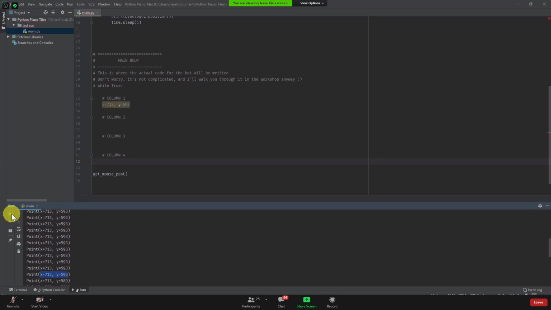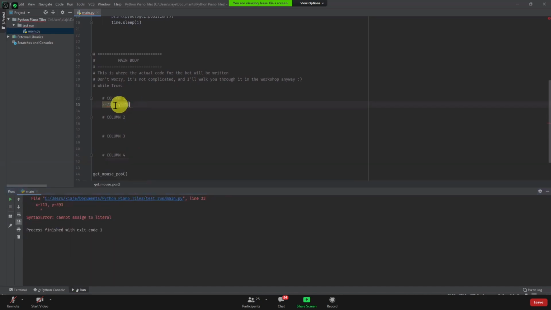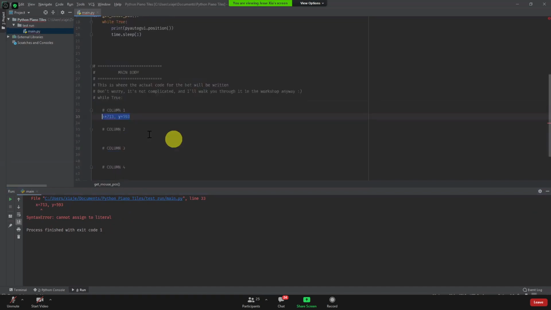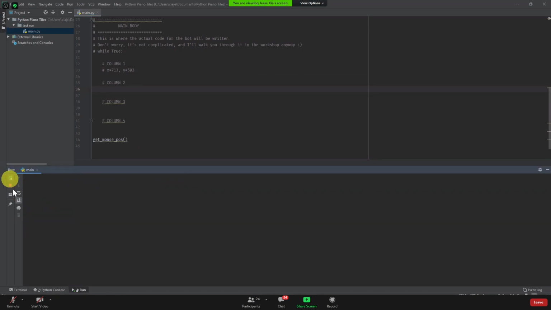So we're going to start running the program right now. And sorry, we have to comment this out first because right now it's reading a syntax error. So just put a # in front of it and that'll fix it. Okay, you guys probably can't see my screen right now, but that's probably fine. Just start the code, and I'm just hovering my mouse over the